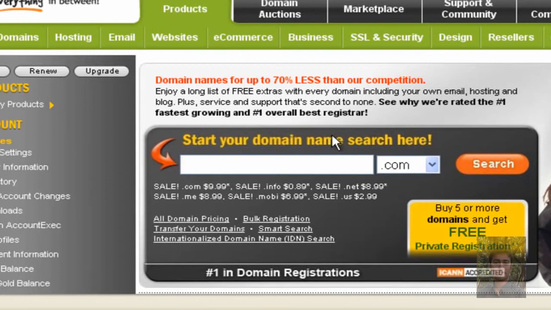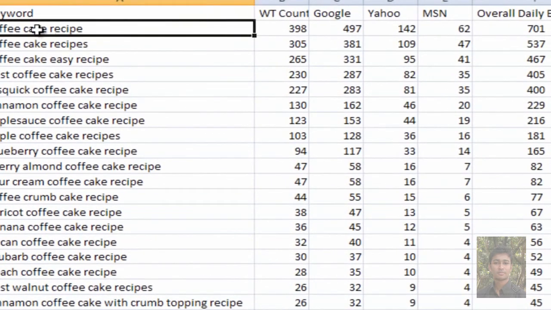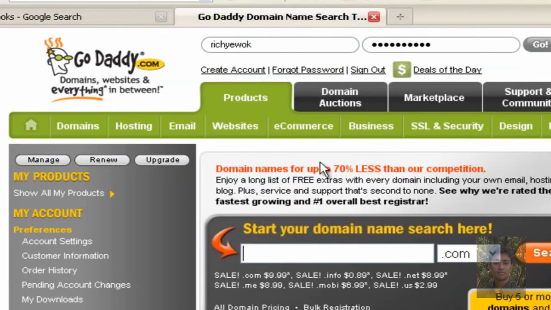Now I want to actually stick in my domain name and see how we get on here. My domain name that I want is Coffee Cake Recipe. So I'm going to come in here and do Coffee Cake Recipe. Now if you just paste it in like that, what GoDaddy will do is make this all one word, so it'll be coffeecakerecipe. I don't actually want that. I quite like using the dashes because individual keywords can be viewed as spaces, so this is how I prefer to do it. If I can't do it with this, I'll come back.